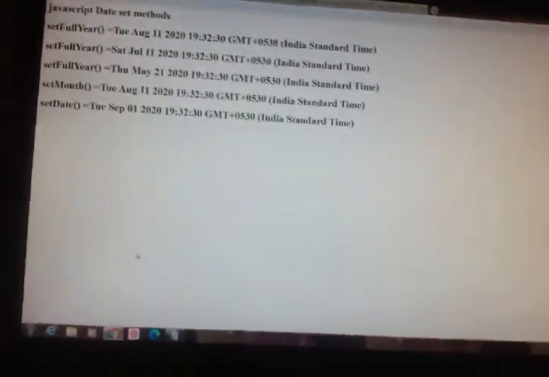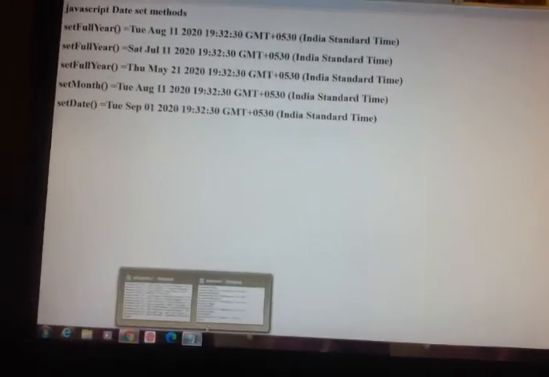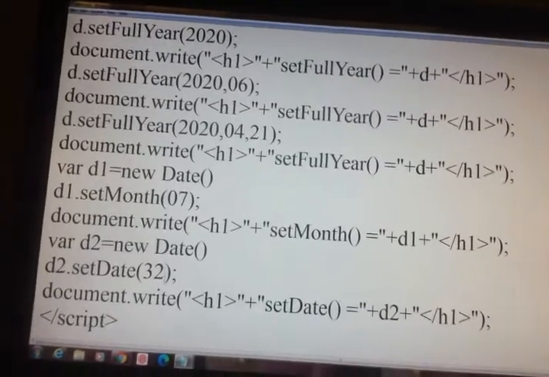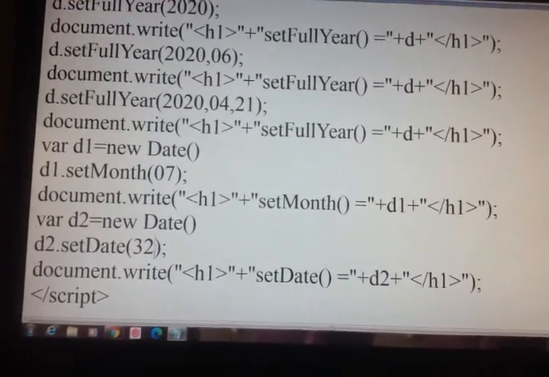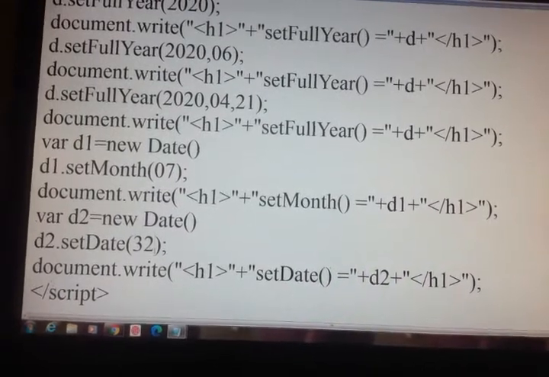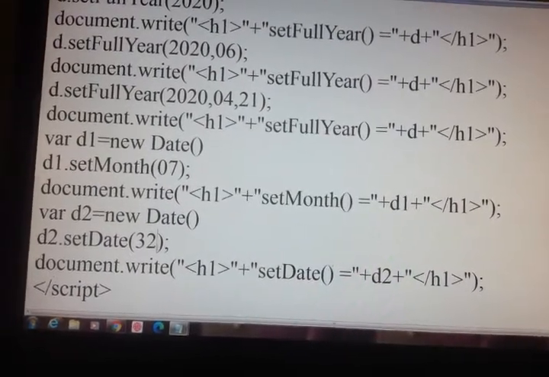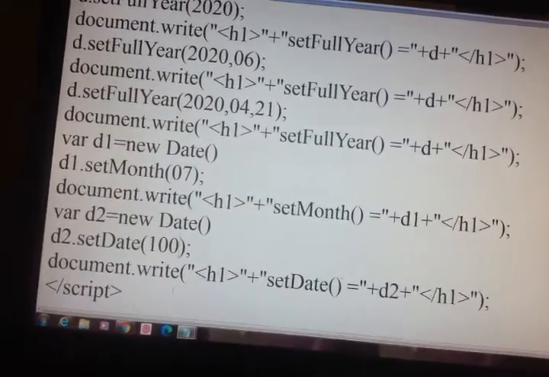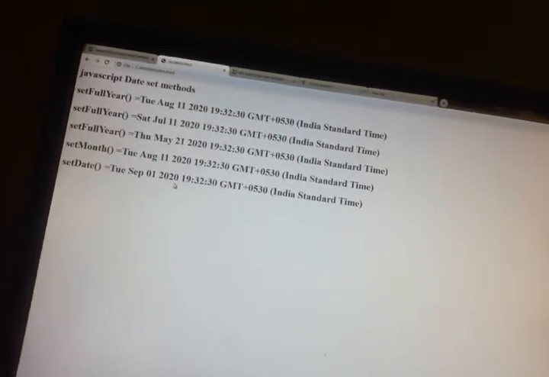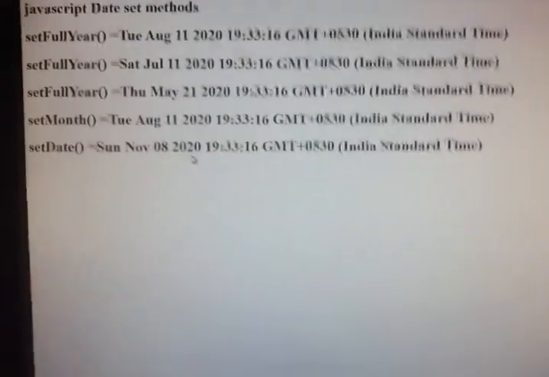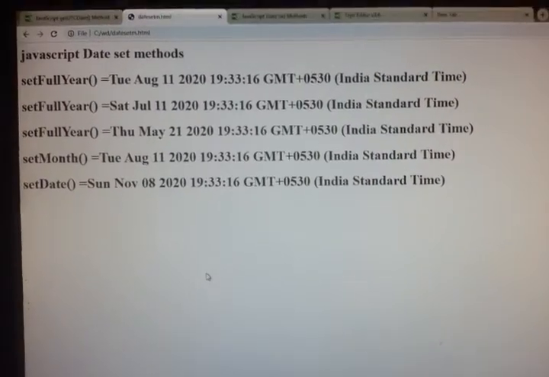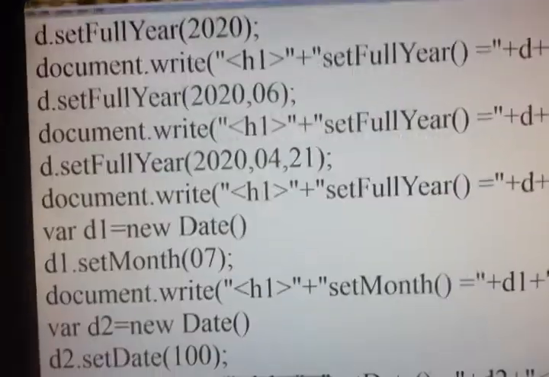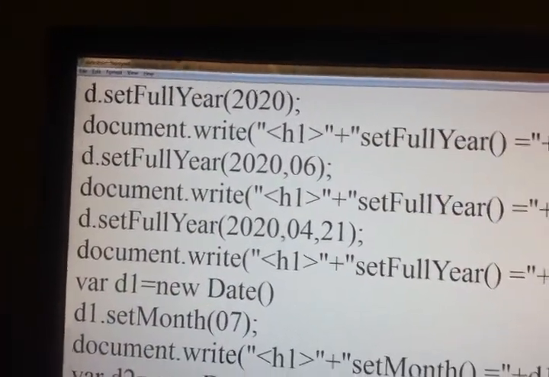So if I go on changing, if you consider September 30 days, October 30 days, December 30 days, so total 90. So if I write 100 here, it should move on to 2021. Now it has gone to November, December, January.